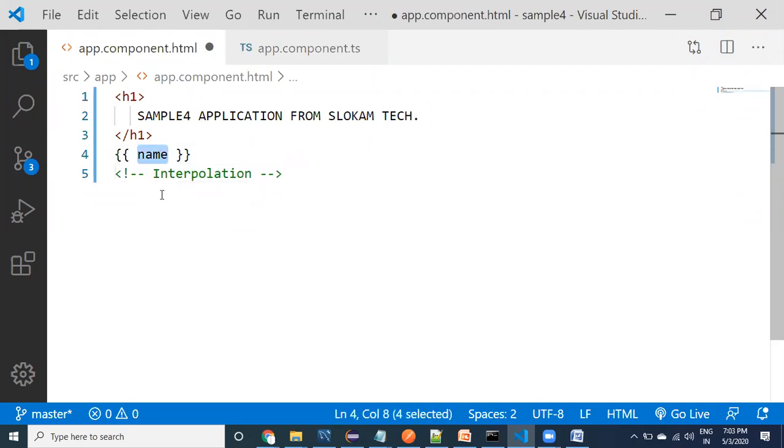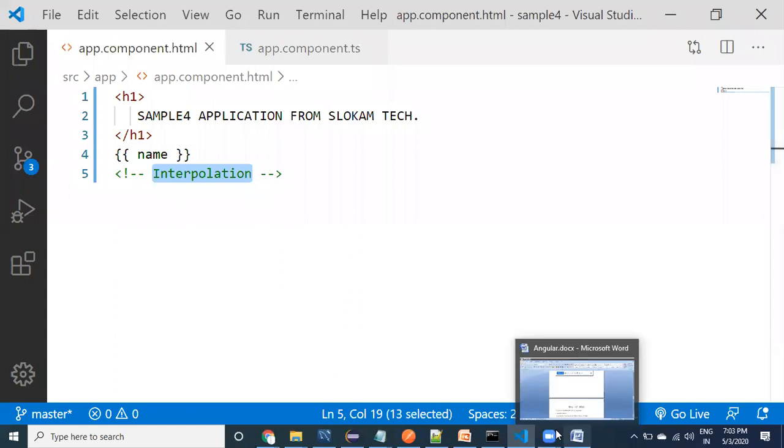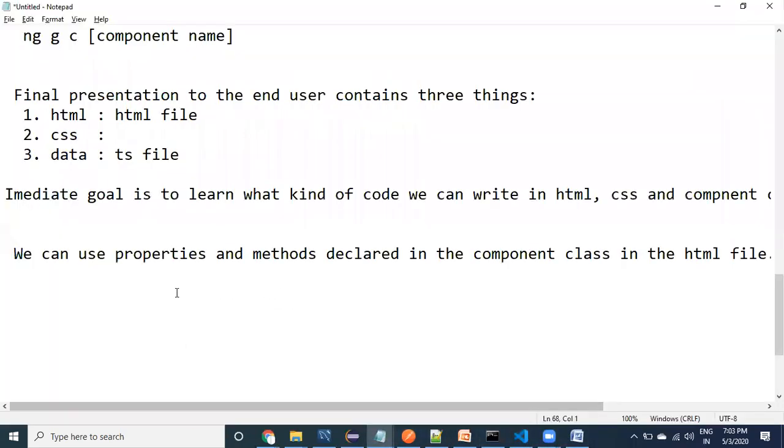That's why it is string interpolation, generally called interpolation. Now let us go to our code. We came to know what interpolation is. Interpolation can be done by using these brackets, and we can use the property name.